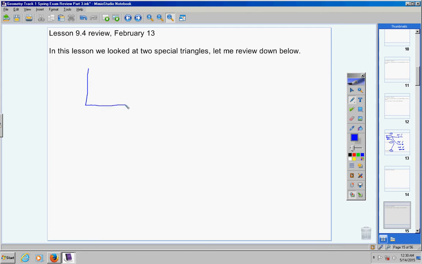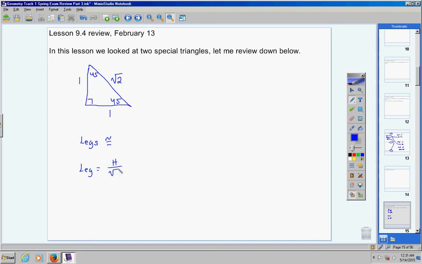If I have a 45-45-90 triangle, and let's pretend this leg was a 1, then this leg would be a 1 also, and the hypotenuse would be a square root of 2. Got it? Know that. What does that mean? Well, it means this. Are you ready? Write this down. It means the legs are going to be congruent. It means your leg will equal the hypotenuse